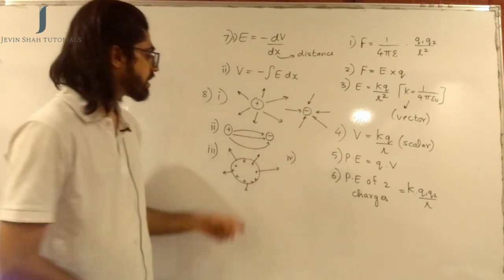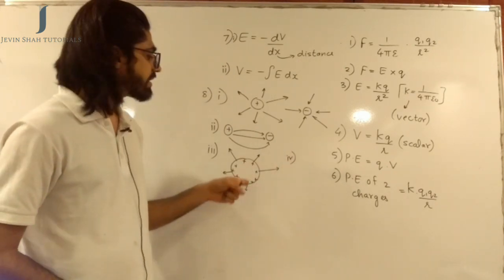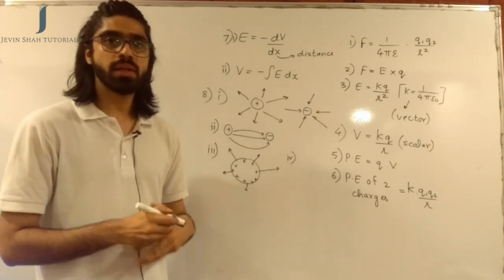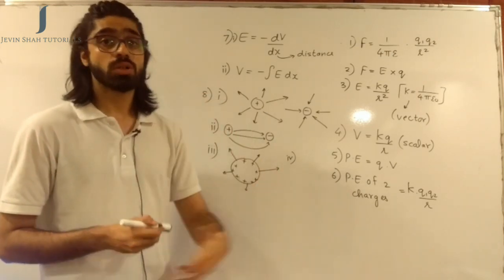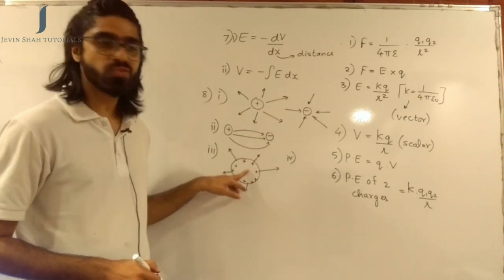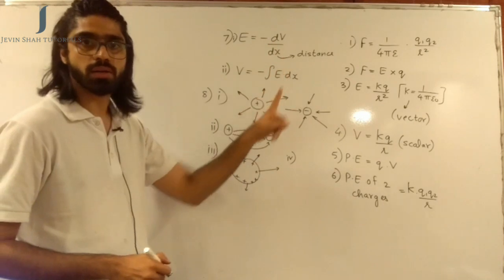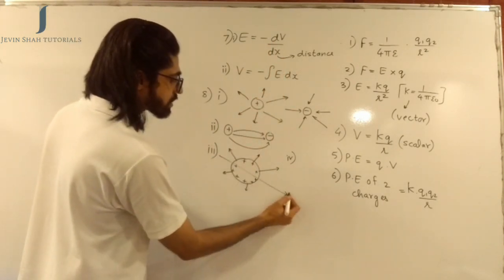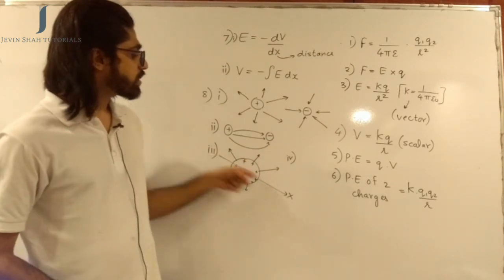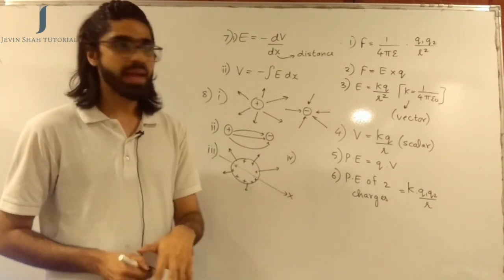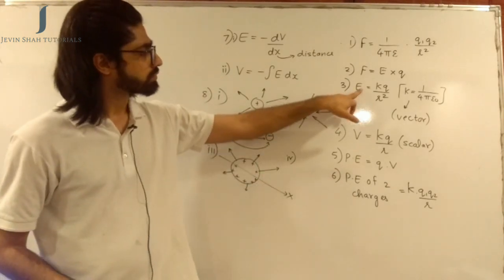The fourth point is again a part of this point only. I said that there cannot be any electric field inside a conductor. So the fourth point about electric lines of force is that they can never pass through a conductor. You cannot have an electric line of force going like this. Electric lines of force, like I said, cannot pass through a conductor. Why? The answer lies over here.